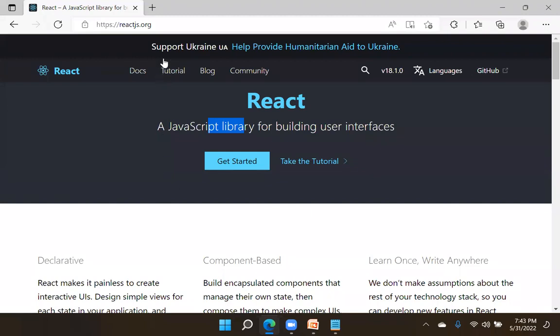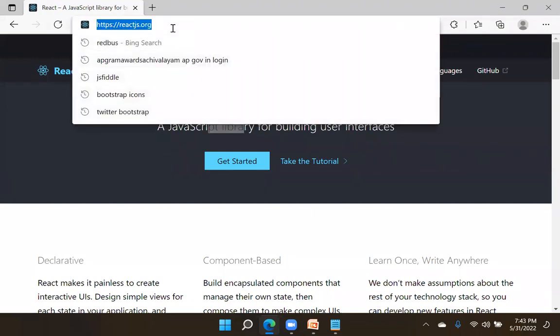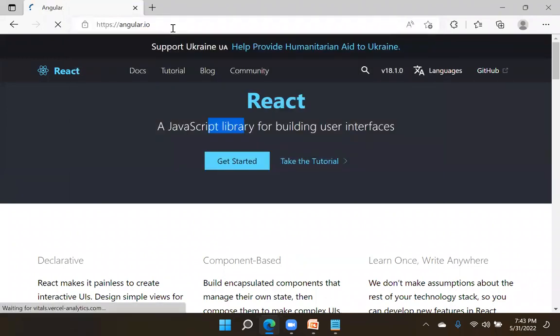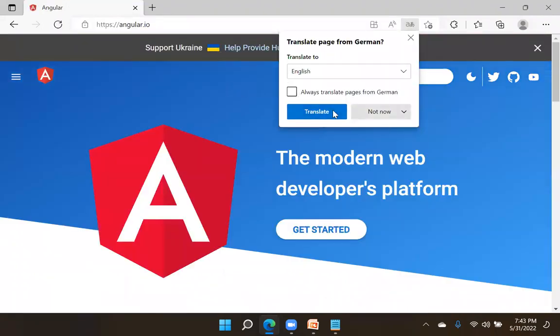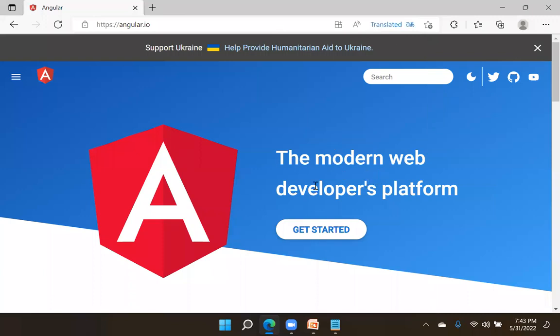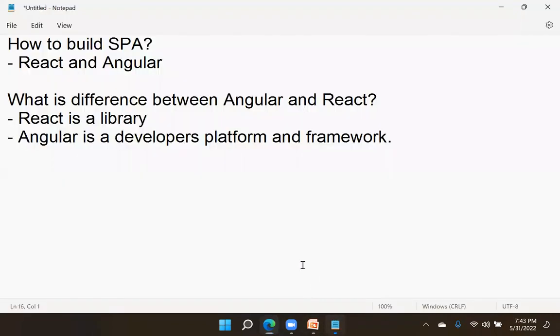Okay. And see Angular. This is the official Angular, and it says that it is a web developers platform. Many times people say that Angular is a framework, but it is actually more than a framework.